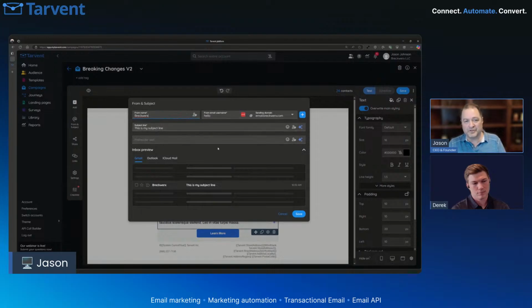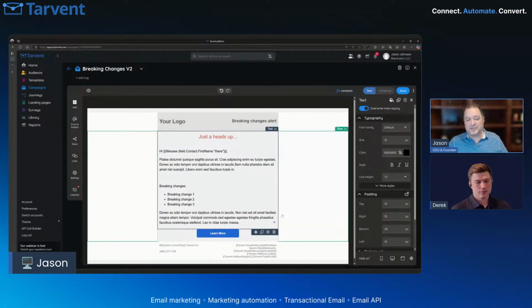So you're able to do this personalization all over. In fact, you can even do it on the from email, because we did this for another company. For an insurance company, they sent it out and made it look like the email was coming from each of the individual customers' agents. So you could get the from a data field and you can personalize that. Anyway, super quick, but I just want to go over how this all translates into Tarvent to show you how to do that personalization. And then go from there.